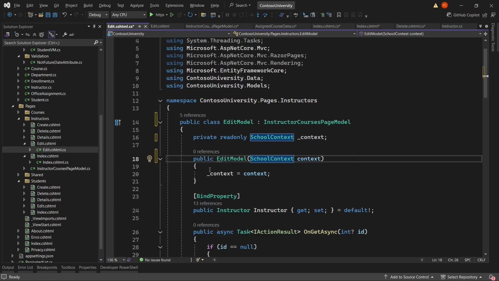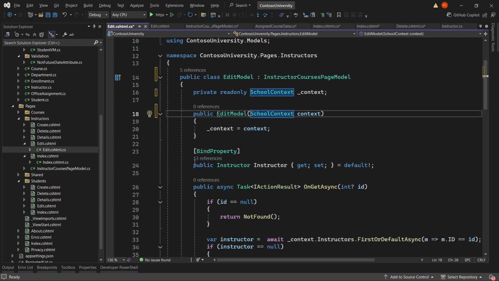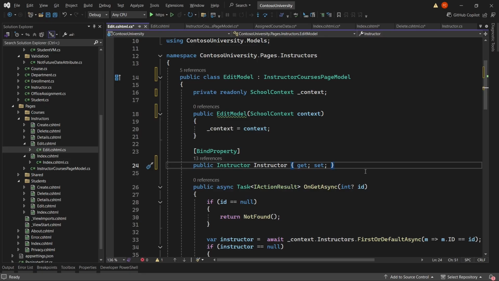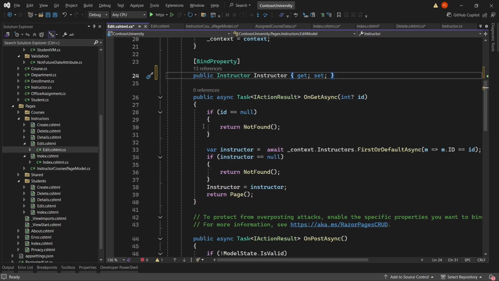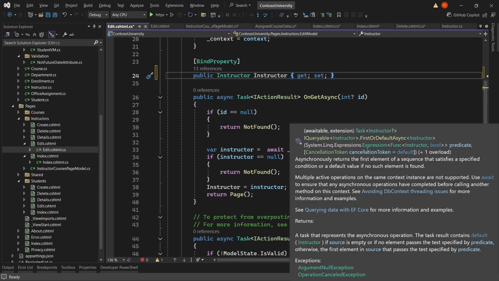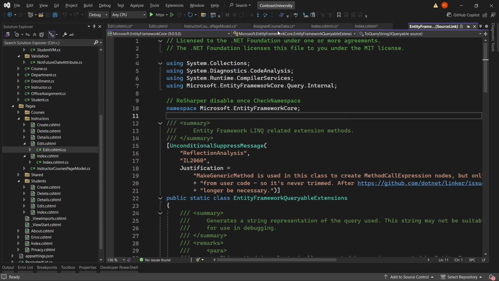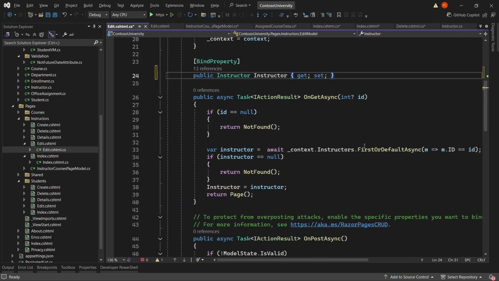We have the context, that's good. We have the instructor, we can, well, let's get rid of that. And then we have our onGet. And if the ID is null, it's going to return not found. Okay, so clicked on something. So here for the instructors,